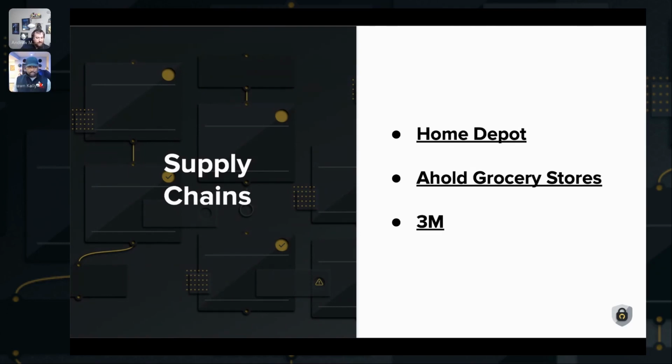When you look at Ahold grocery stores, here in the Northeast, Shawn, that's the company for Stop and Shop. So really, grocery stores, Shaw's, for us here in the North, I'm in Connecticut, for those that don't know. So go Red Sox, see how that season ends here. But really the supply chain of making sure the produce is always there, sourcing things to the Northeast in the winter when bananas and fresh fruit really aren't in season up here, but being able to go to the store and have those fresh.